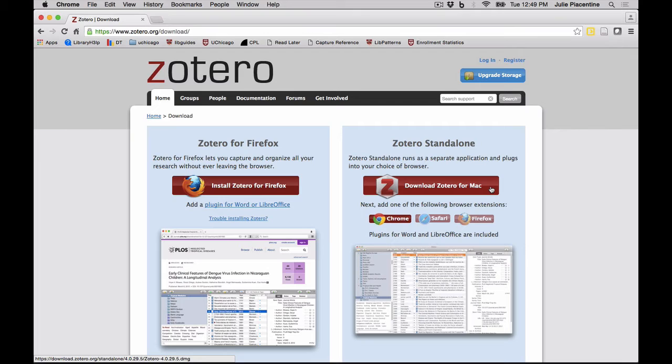When you're done with that, return to this Zotero downloads page and click to install the browser extension for your preferred browsers. Again, it's only necessary to install one. If you know you only use one browser, such as Chrome, you only need to install the Chrome browser extension. And again, the installation steps will vary depending on your operating system and your browser.